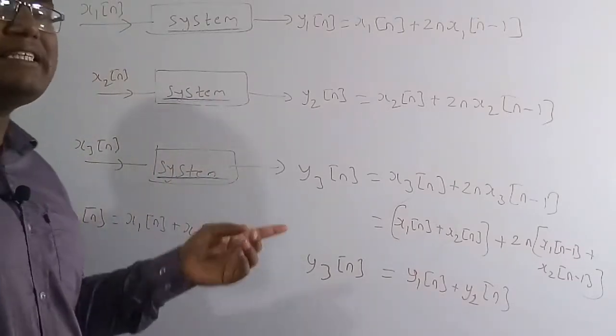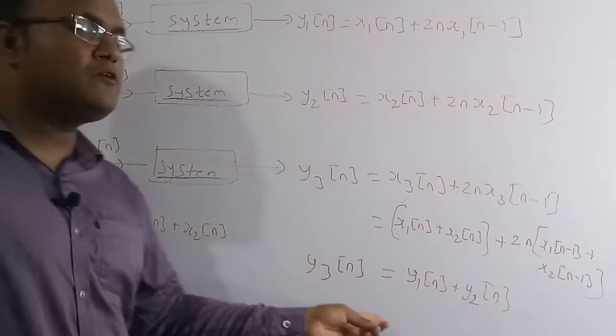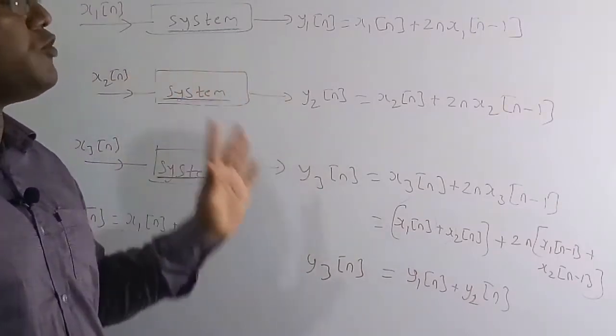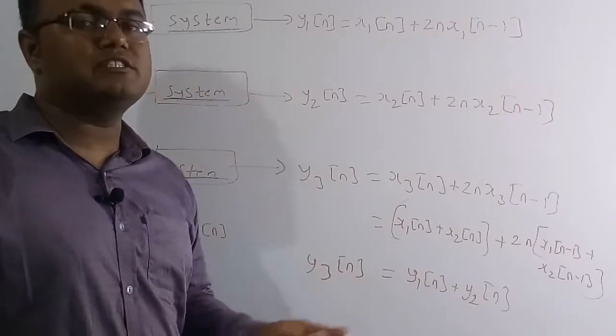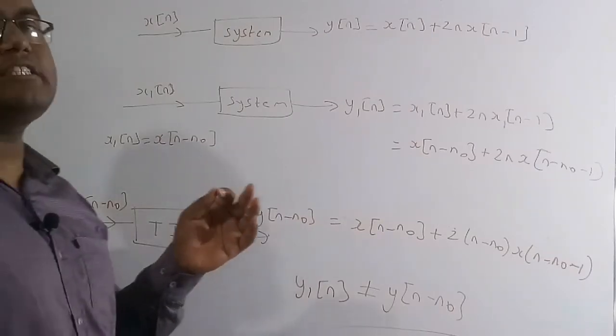So by this principle we can easily see that if the new input is a summation of the two previous inputs, the output which you are going to get is a summation of the two previous outputs. Therefore we can conclude that this system is a linear system. Now we are going to check another property, which is whether the system is a time variant system